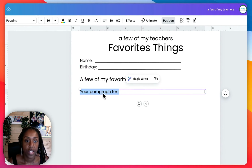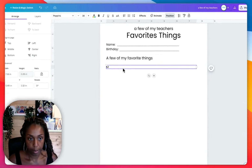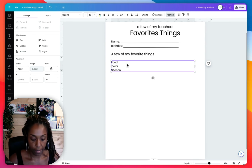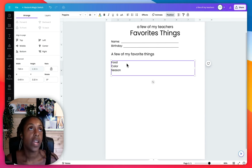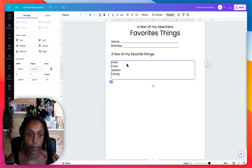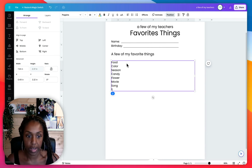Okay, and then I'm going to justify it to the left. So a few of my favorite things. So it could be favorite food, favorite color, favorite season, favorite candy, favorite flower, favorite movie, favorite song, favorite